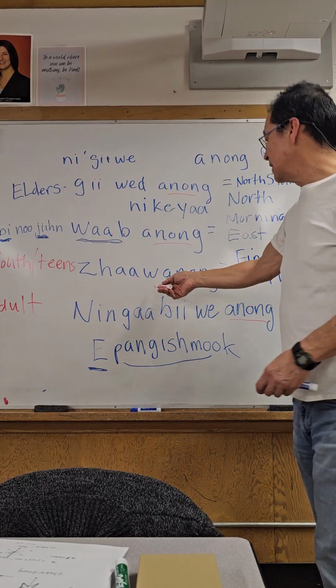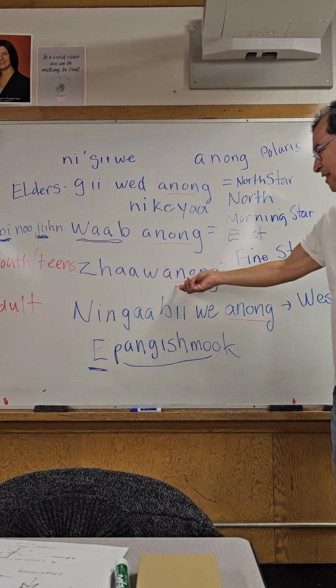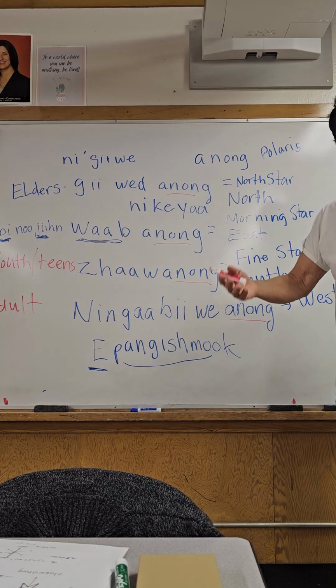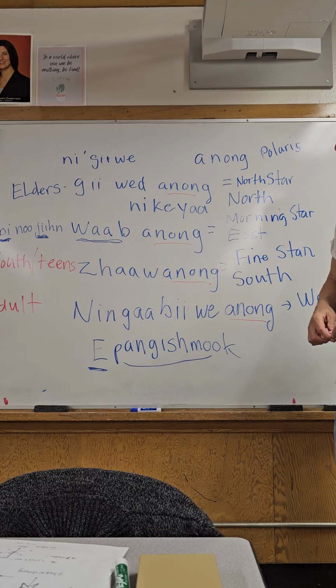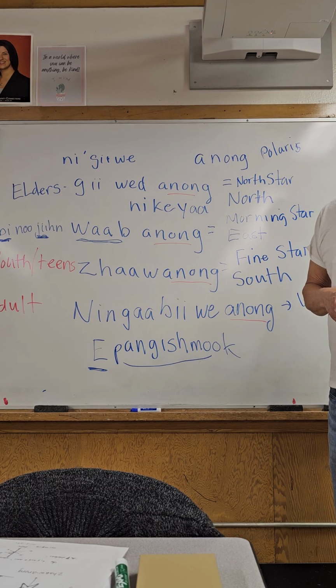That transitional time, when there's lots of growth in the south in the summer. Listen, in this book there isn't a fall star, so you're right about that. It says it's more like groups of stars associated with the fall. So there's the Moose constellation, and then what Westerners call the Pleiades, or the Seven Sisters, which we separate into the Hole in the Sky and then the Sweating Stones, according to this book, anyway.